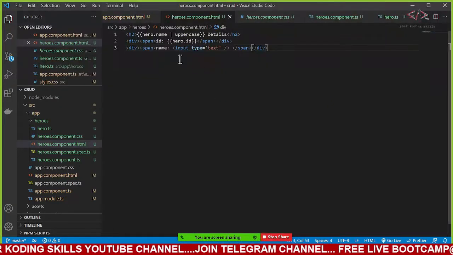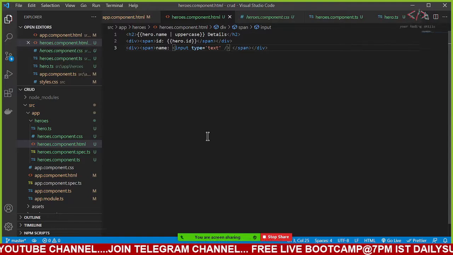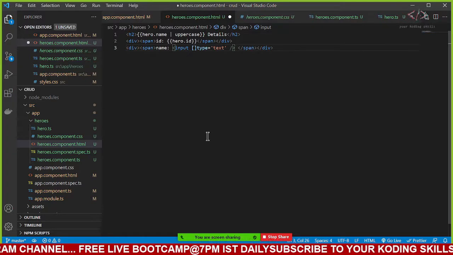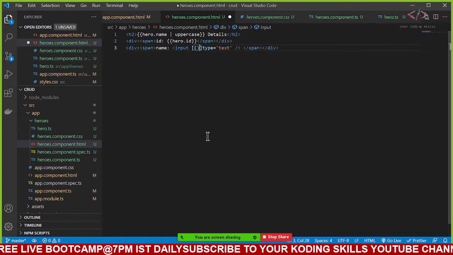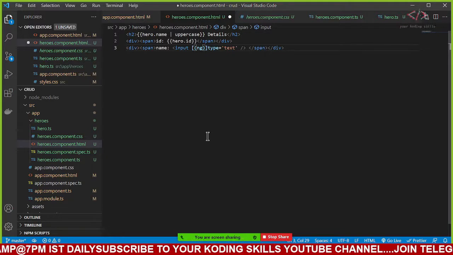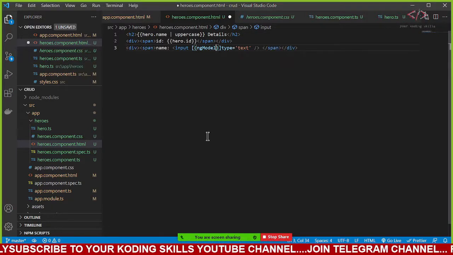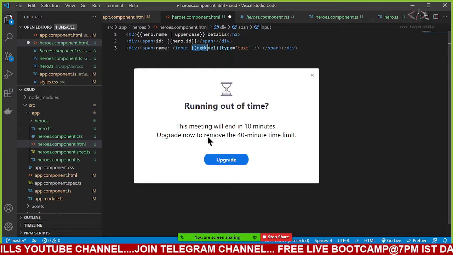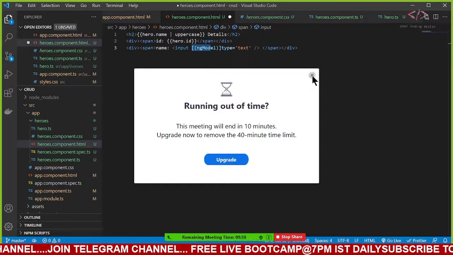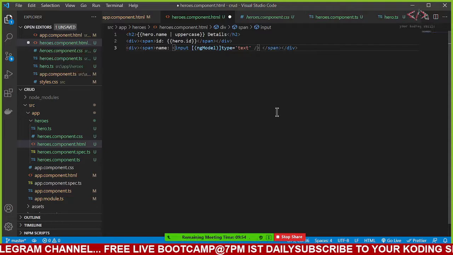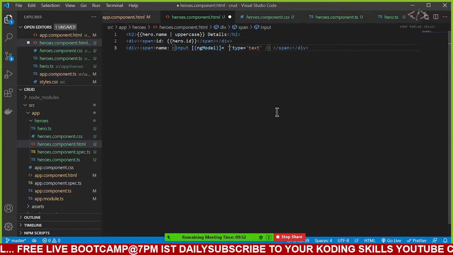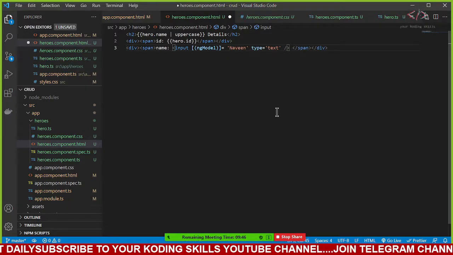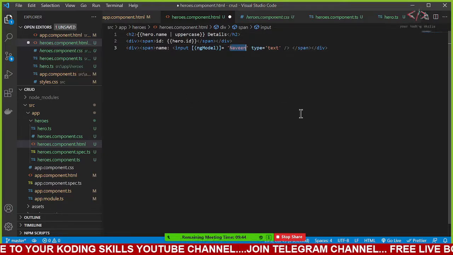Now, for example, here I will say there is a banana inside the square brackets. This is the shortcut to understand how to write ngModel quickly. The curved brackets always come inside and the square brackets are outside. That is why the Angular team says there is a banana inside a square bracket. And for this one I will say, what is the name of the person? Now let me add Navin here. No, I will not add Navin. For now, I will add hero.name. It's the same, right?